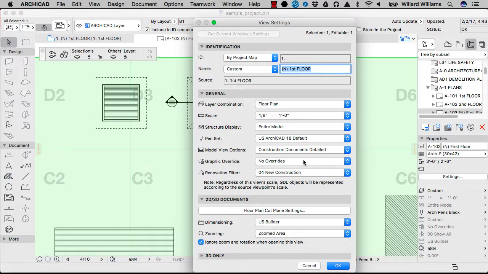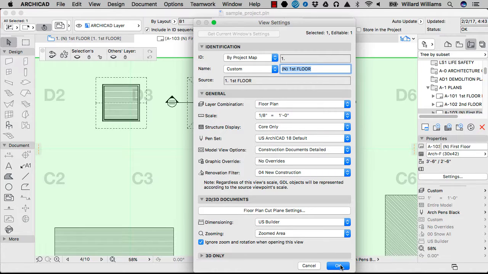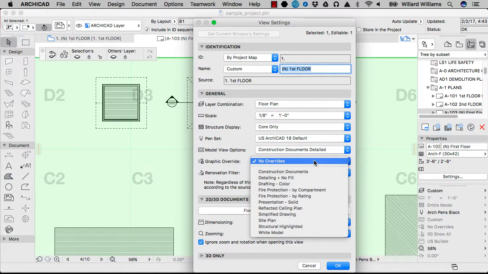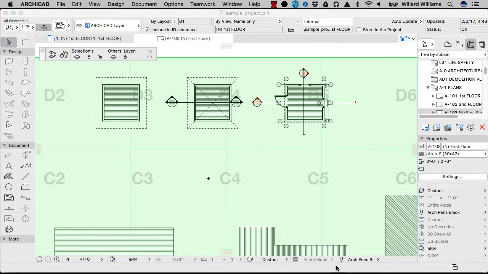I'm going to change it to 1/8 scale. I'm also going to change the structural display to core only, and we'll leave it floor plan for now, and you'll see the changes anyway. And I could do a graphic override, so let's just do a solid plan. Now if I say OK,